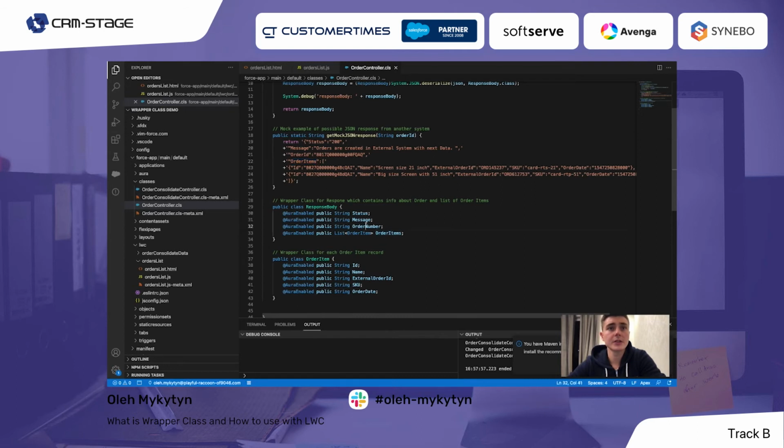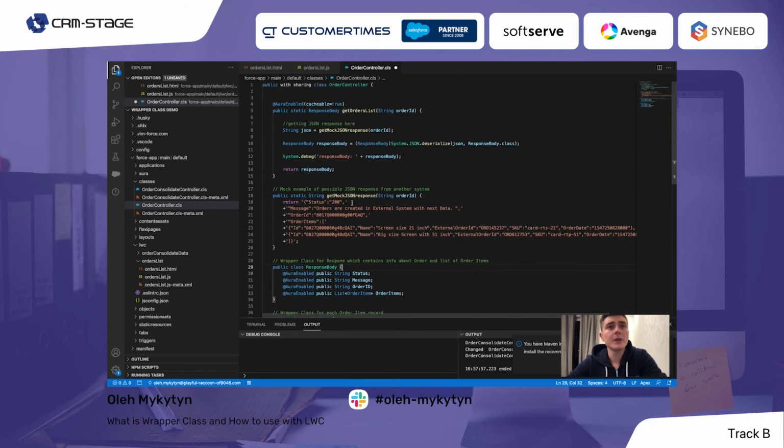So it should actually be order ID here. And now when we are getting this JSON, we can use JSON deserialize to convert it into our response body. So it will be converted to this response body,